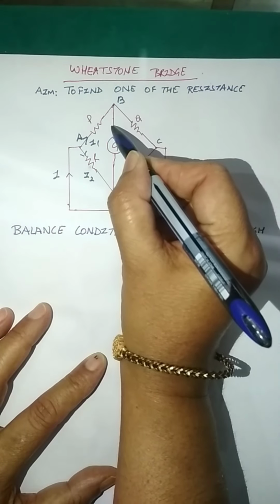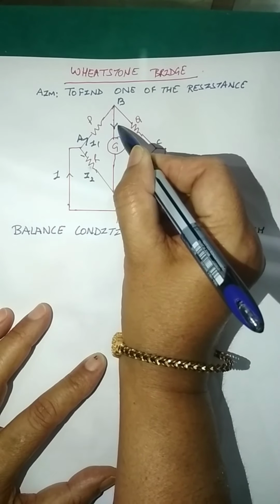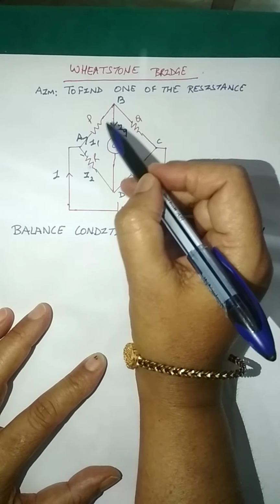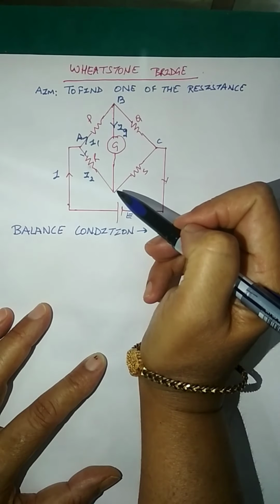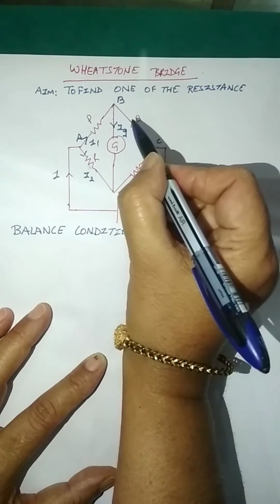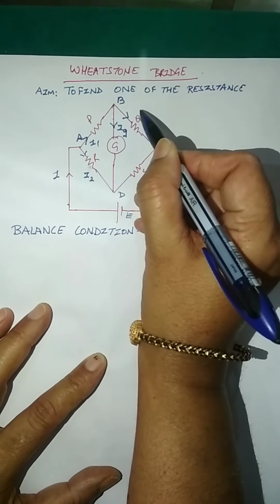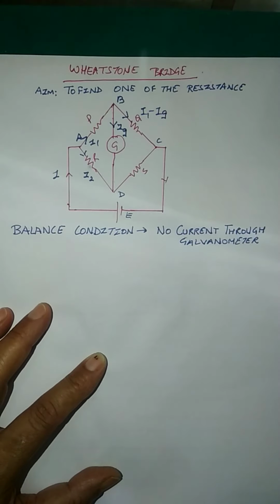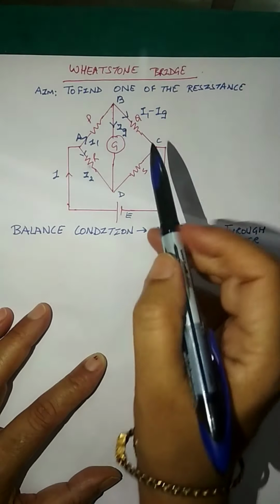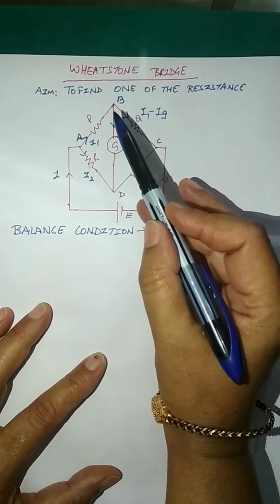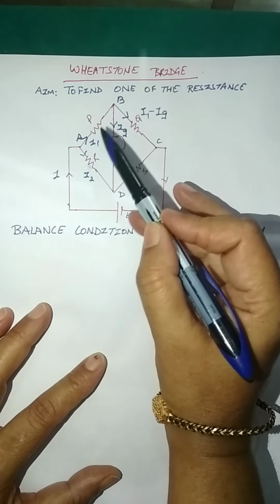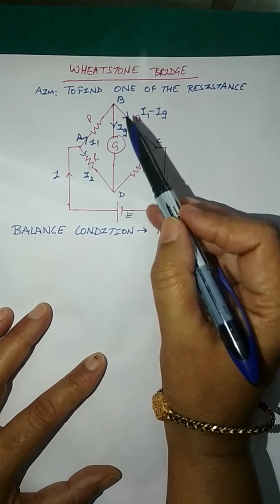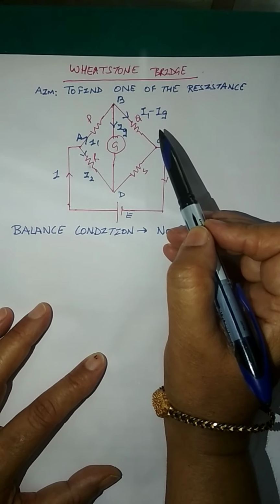So now let's say that the current in the arm through the galvanometer is IG. Okay, I1 comes, the current IG goes into the arm BD and the rest of the current, what is the rest of the current? That means I1 minus IG will go into the arm BC. Alright, so here I have applied the Kirchhoff's junction rule, that the incoming current is equal to the sum of the outgoing current, that is IG and I1 minus IG.